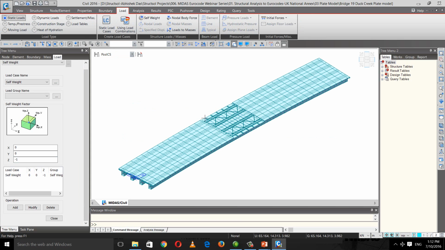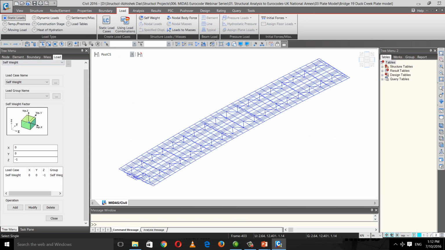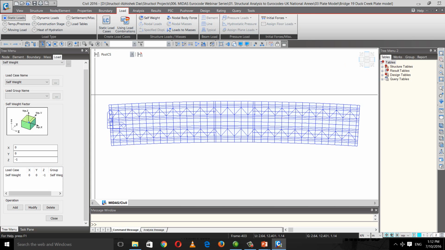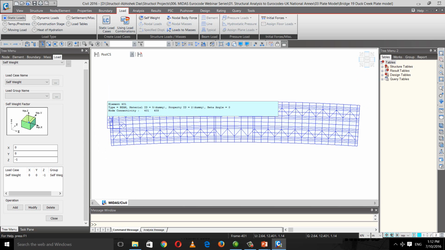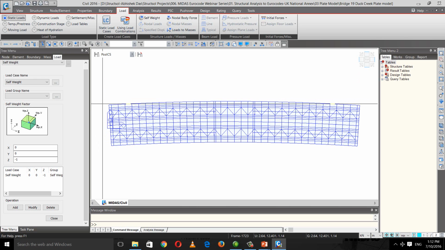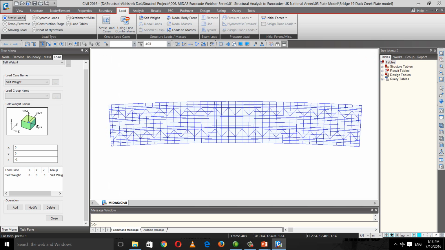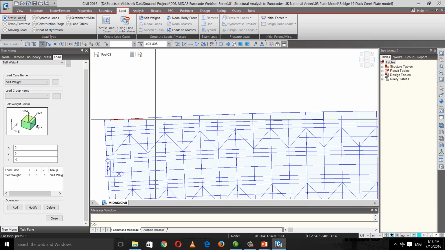Similarly, if I want to put in some other loads like parapet loads, since Midas doesn't give you the option for putting the loads as a patch load on a grillage, you can't really apply a line load if you don't have a member sitting underneath it. So for that purpose, I need to make sure that in your grillage model you have those lines created. For example, in this grillage model, I have these external lines created